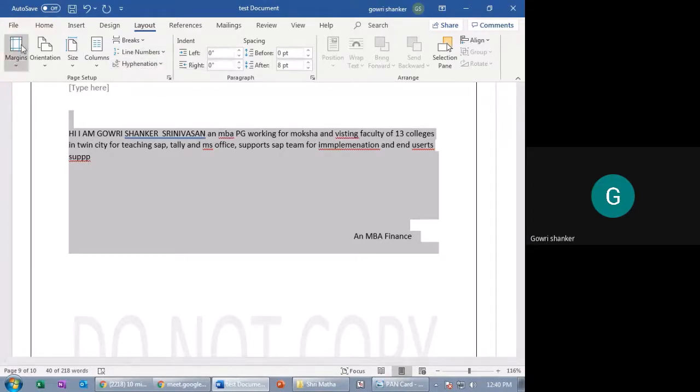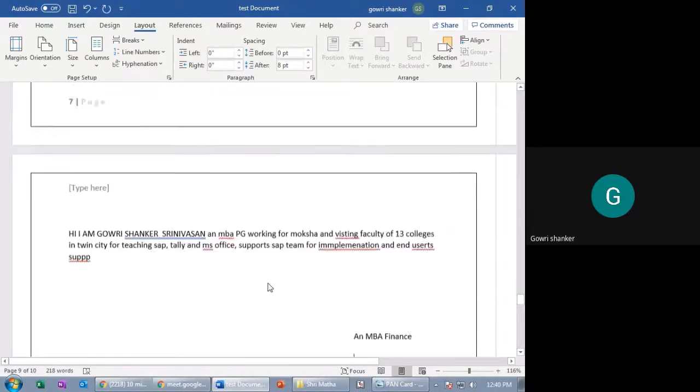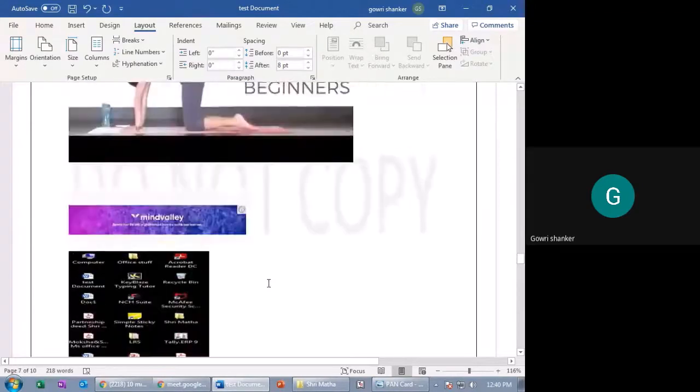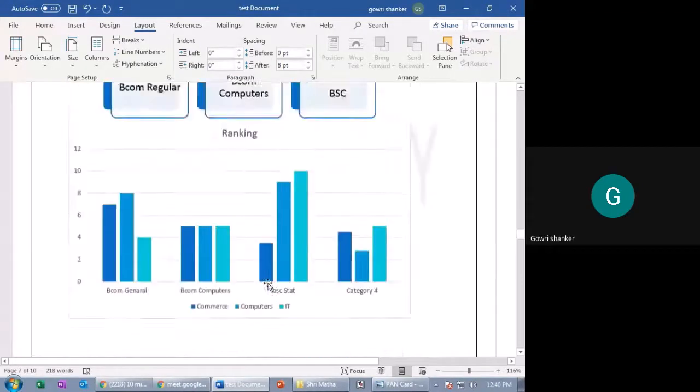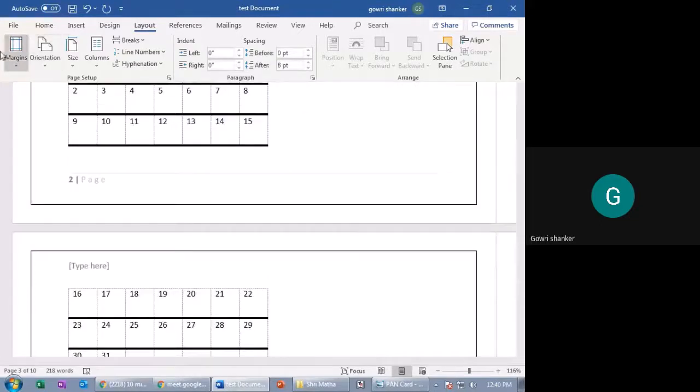Right? This is a line break setup. While taking a printout, it will help you out. That's it. Only for taking printouts, or for splitting one page into 3 columns or one page into 2 breakups. Right? So this is page setup. After that, you have paragraph. This is indent and spacing.